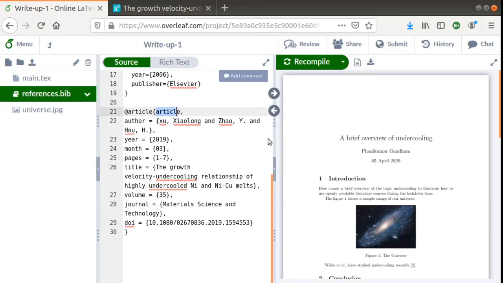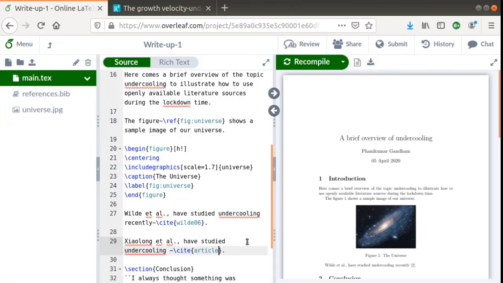That's not good. So what we do is give the name of the author followed by the 2 digits for the year, and then we would use the same thing to make a reference here.